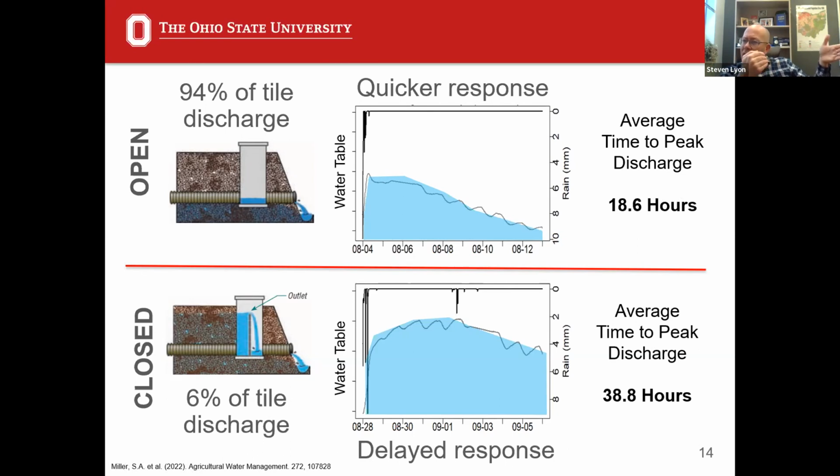So what is it doing? It's delaying the flow to tile peak by holding water back. It's dampening the response of the system. Thinking back to those flashy responses we were talking about earlier for streams that have a lot of tile drainage, this type of dampening or slowing of that peak could potentially help offset some of those peaks as we achieve more and more of these systems in play, being able to control the timing and flow of water.